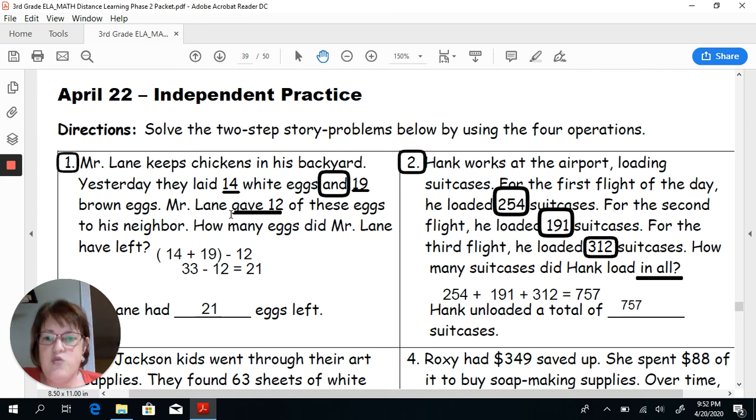And then he gave 12 to his neighbor. That means they left him. Okay. He gave them away, which is the same as subtraction. So 33 take away 12 is going to leave Mr. Lane with 21 eggs. And of course, boys and girls, you have other clue words